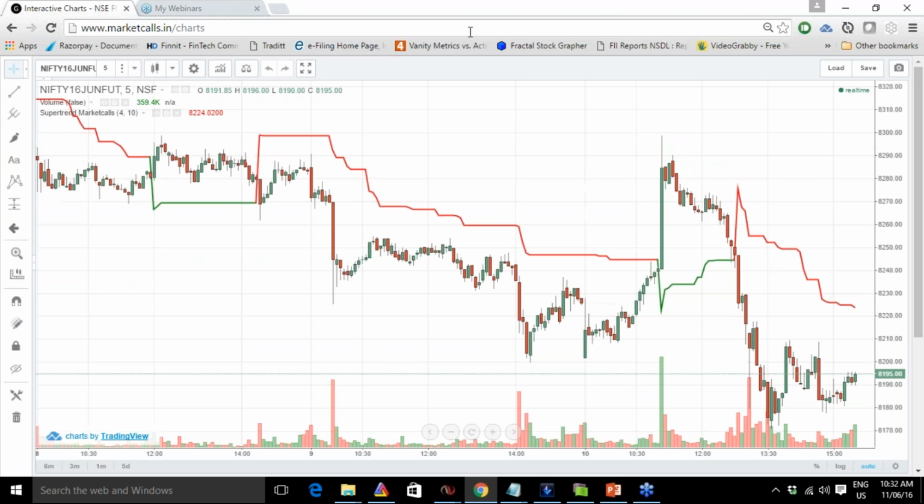Currently we are providing access to all the NSE F&O symbols, which updates in real time, right? We are using the TradingView package with our own data from the NSE, and this is quite interactive as well. Interactive in the sense you can